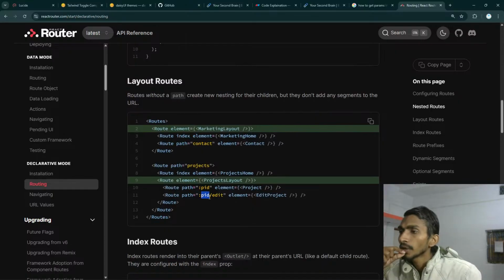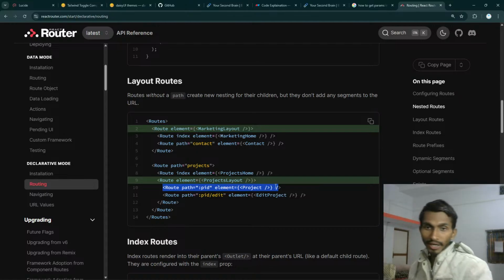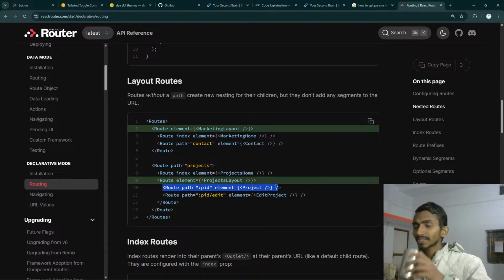PID. Okay. So ultimately I have projects. Inside my projects I have that particular ID, and then I have inside that. Okay. This is amazing. I can go with this particular thing. That means I will go to my content page. Inside my content page I will go to that particular hash, and that means inside that I should be able to get my content as well. Amazing. Let's try it out. Got the idea? Just a little bit sense,